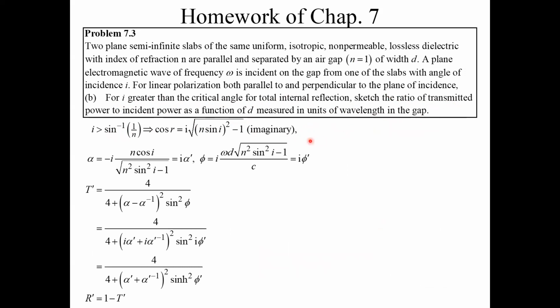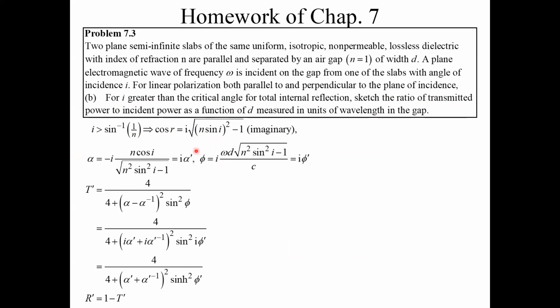So if our angle is larger than the critical angle, that means our i is larger than this one, and our cosine of refraction will be equal to this one, and this is imaginary. So our alpha, beta, and our phase will